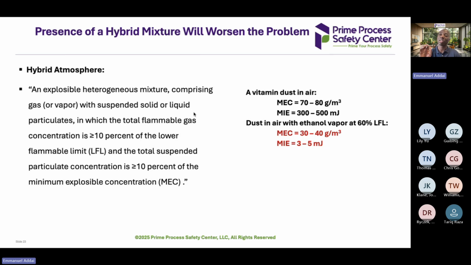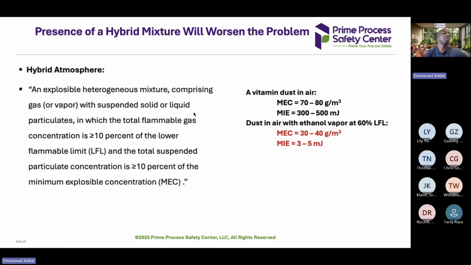There's another scenario that people normally ignore in various industries. We call it hybrid mixtures. A hybrid mixture occurs when you have two states of material in the same system, whether it's dust and solvent or dust and gas. This is of very particular importance. It happens a lot in the pharmaceutical industry and in the pigment and paint industry, where we add a powder into a reactor containing flammable solvent. In this case, we are not accounting for only the dust MEC, but we are accounting for